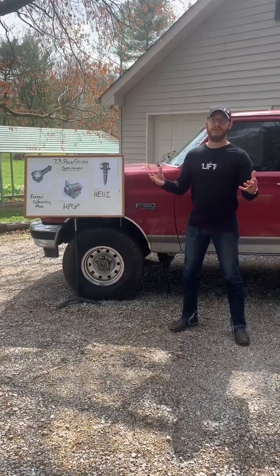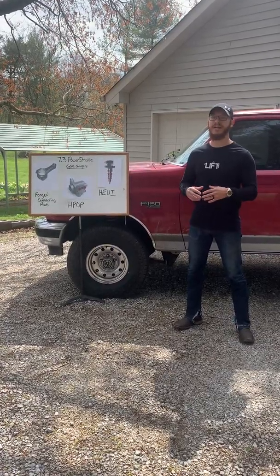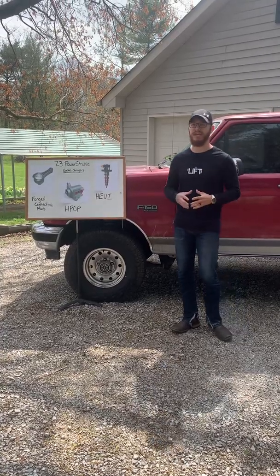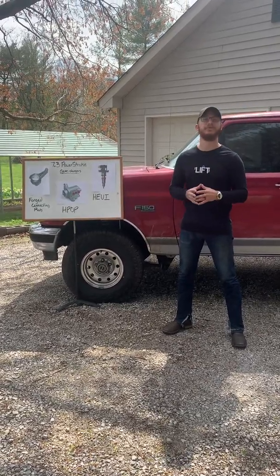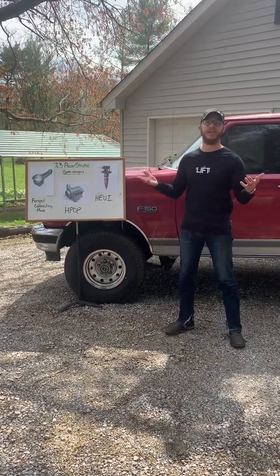What made this engine different? So back in 1987, Ford went to International Navistar and said, hey, we need an engine that is made for our Super Duty trucks here. We're looking at our F-250, F-350. We need something with more horsepower, more torque, and something that'll last and can handle what's going to be thrown at it. International took the challenge on and they made the T444E engine, which is we know as a 7.3